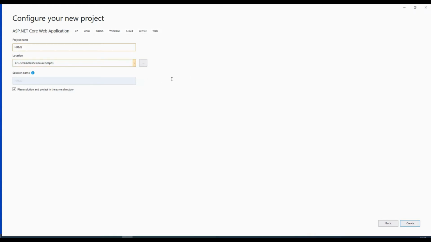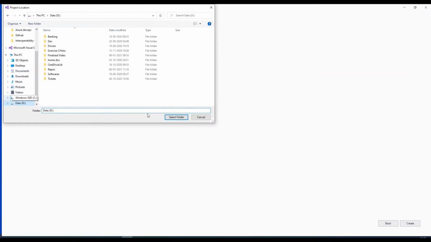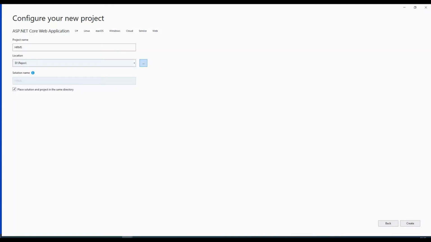I want to remove it from the C drive and give it in the D directory, in the repos folder. I am clicking on place solution and project in the same directory. After that I am clicking on create.